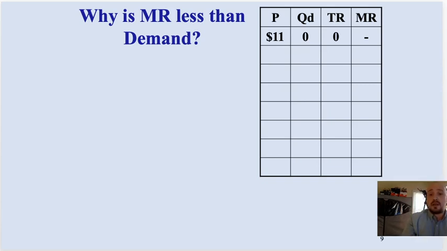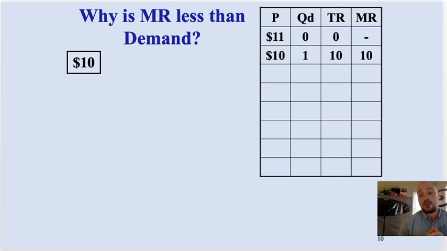So what does the monopoly have to do? The monopoly has to lower its price. They lower its price down to $10. And one desperate person who really wants an omelet buys 1 carton of eggs. Now that business has made a total revenue of 10 and a marginal revenue of 10. Before, the revenue was 0, and now the revenue is 10, and so your marginal revenue, your additional revenue is $10.